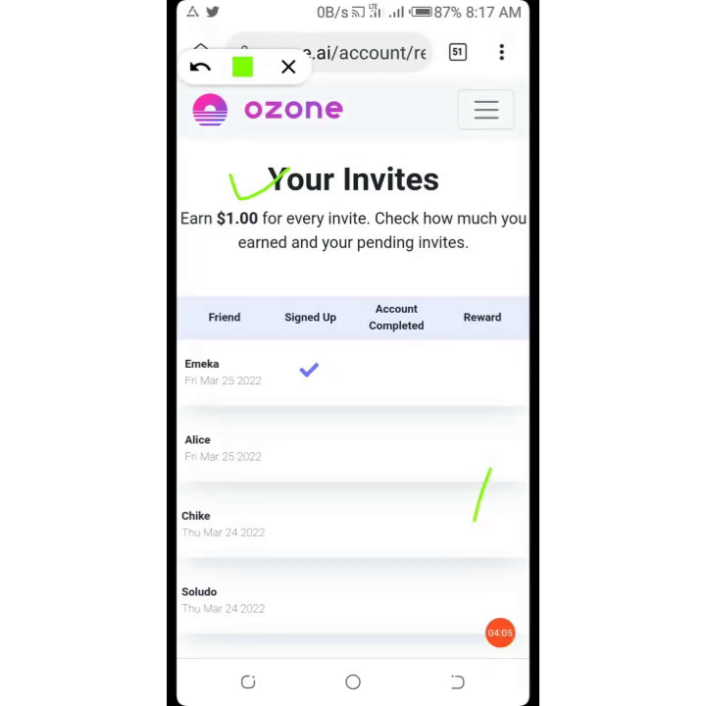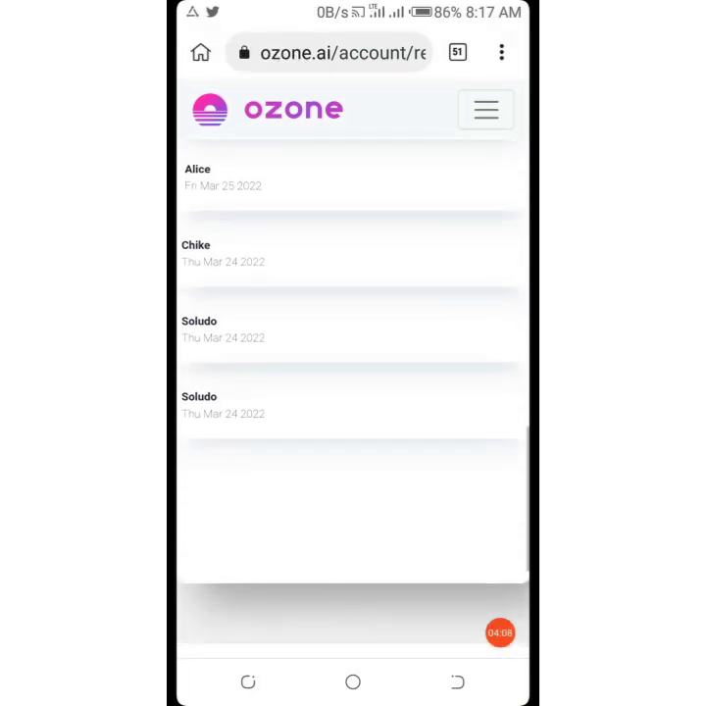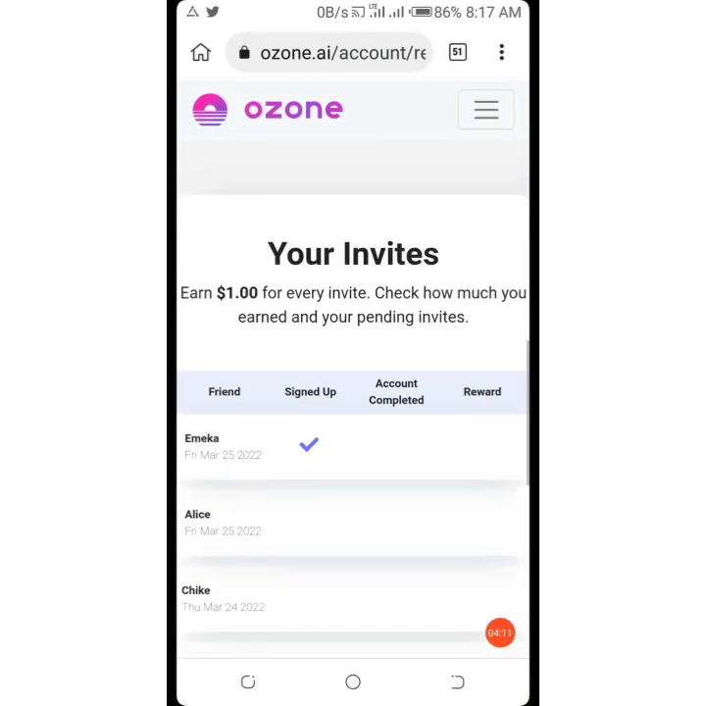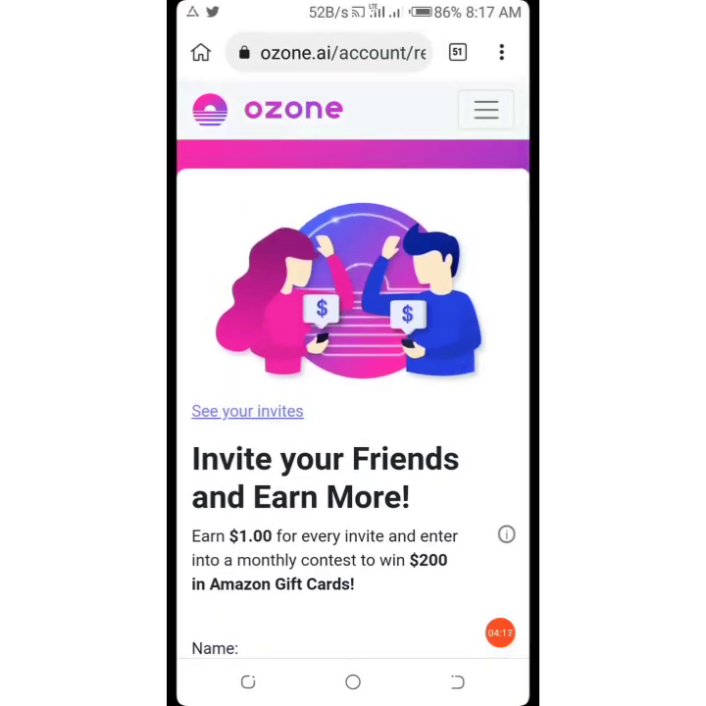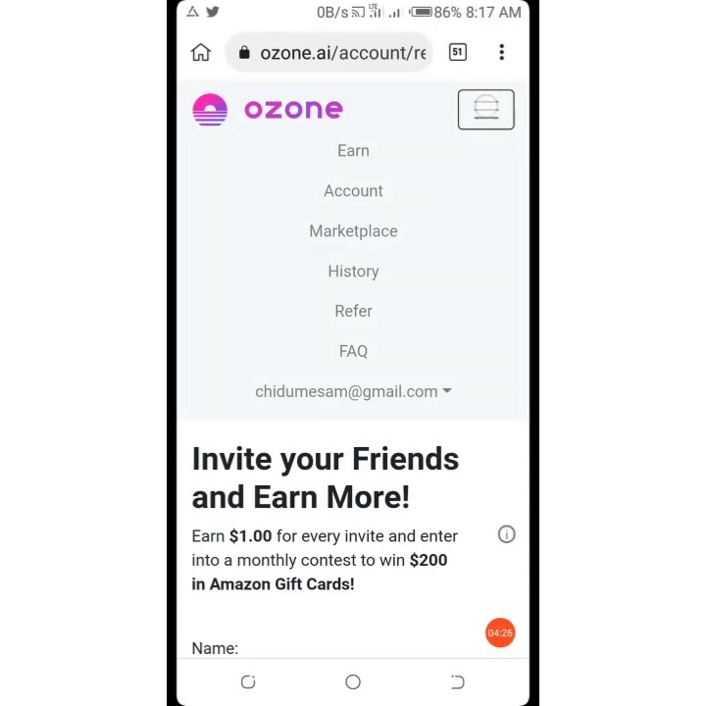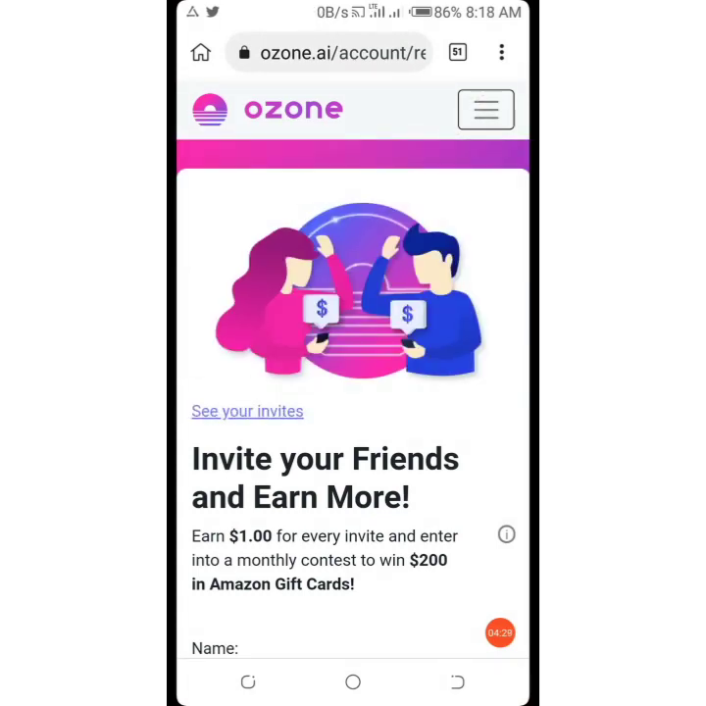All right, so I continue to show you my dashboard, and later on I will walk you through how to sign up on this Ozone.Ai. Someone might be asking, is this Ozone.Ai legit? Is it for real? Can I make $1 per referral? This is for real. People are cashing out. If you are in Africa, if you are in Nigeria, if you are in Ghana,